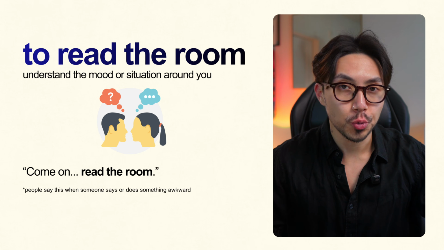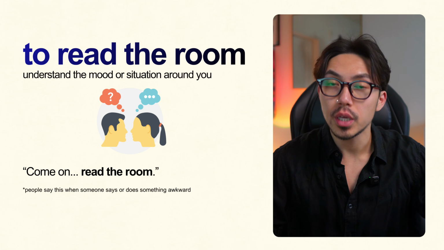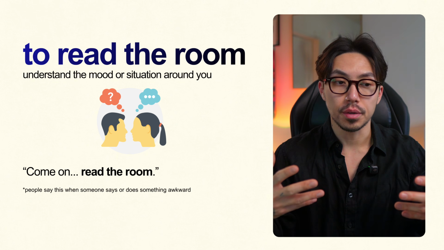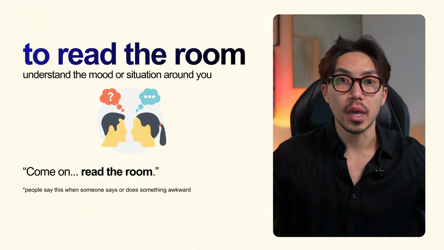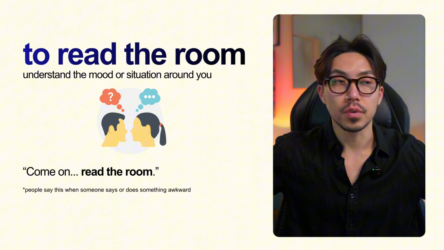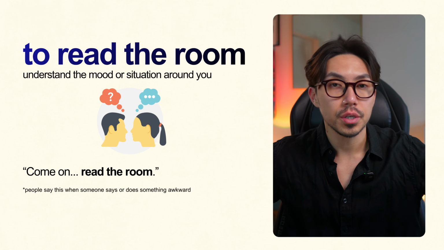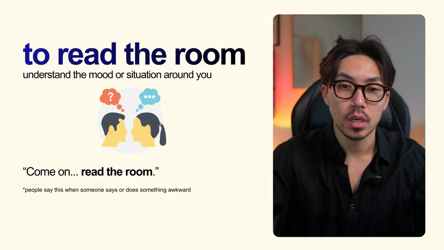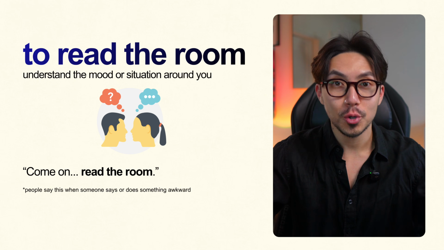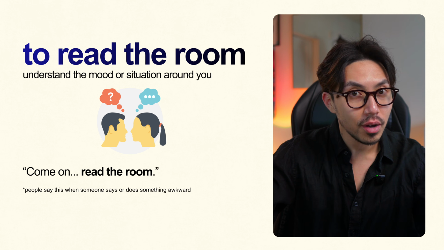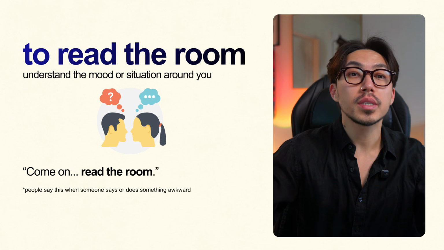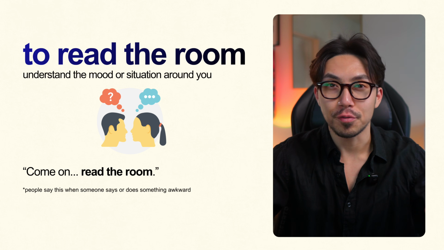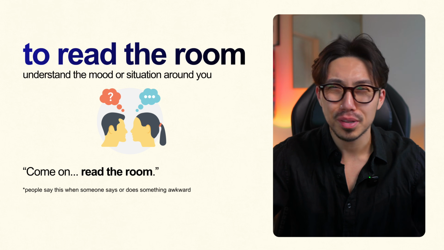The first one is to read the room. We use this one to mean the general vibe, atmosphere of a space or situation or people that you're with. So the ability to read the room is basically understanding where you are and what's going on around you and acting accordingly. For example, if I make a very stupid joke at a very inappropriate time or place,